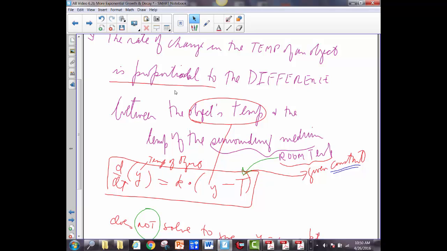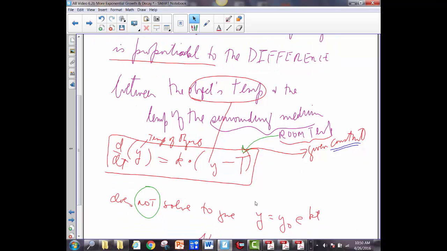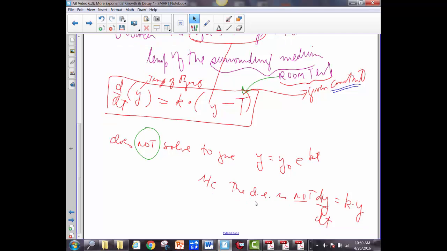So now what happens, instead of the rate of change of the temperature being proportional to the temperature, it's proportional to the difference between the object's temperature and the surrounding medium, which is the room temperature. Okay, so now we have the rate of change of the temperature, y being the temperature, dy/dt is proportional to k times the difference between the temperature of that pie and the room temperature. Now that capital T will be a given constant. Okay? This particular differential equation does not become this, okay, because the original differential equation is not the